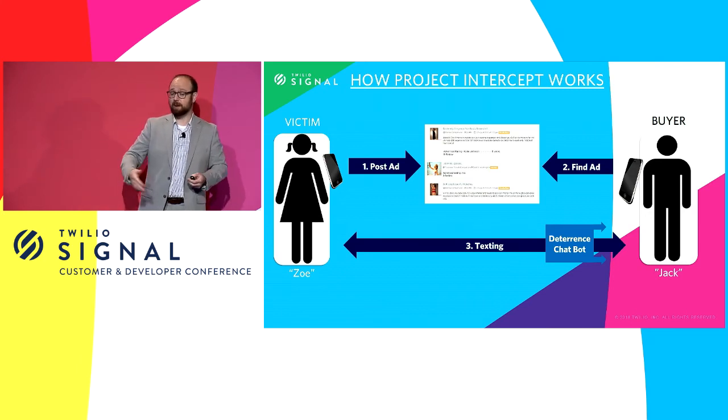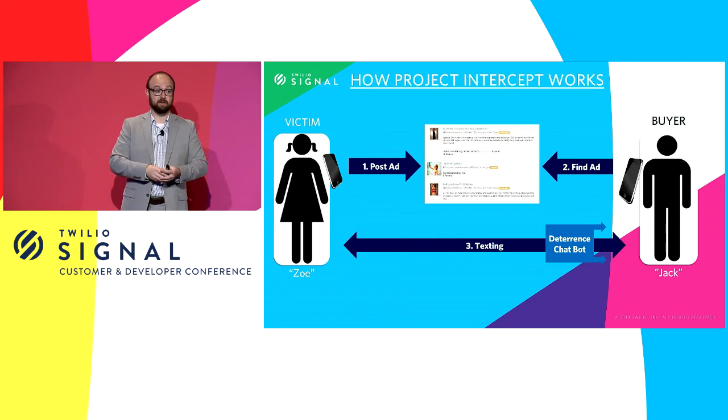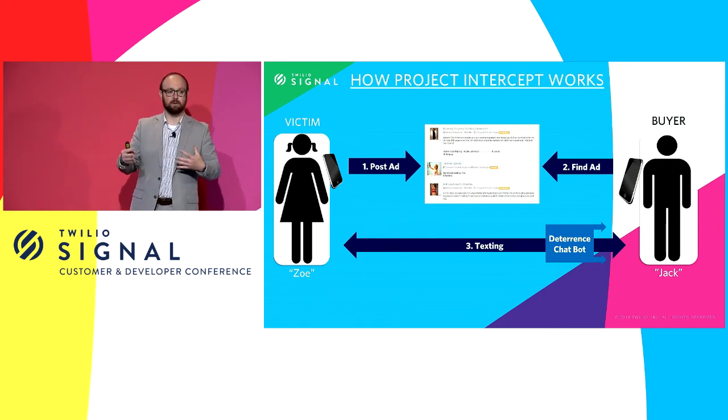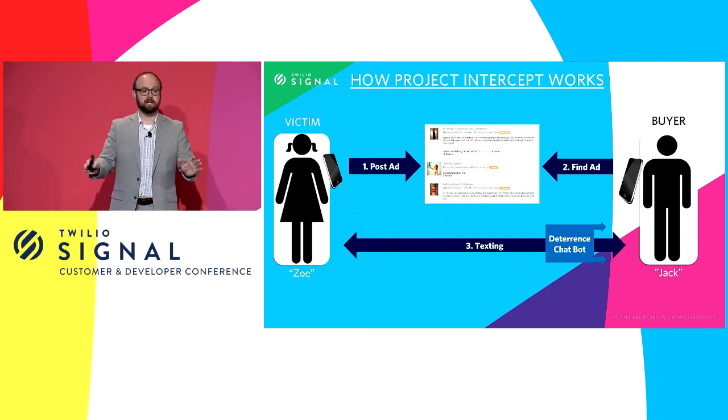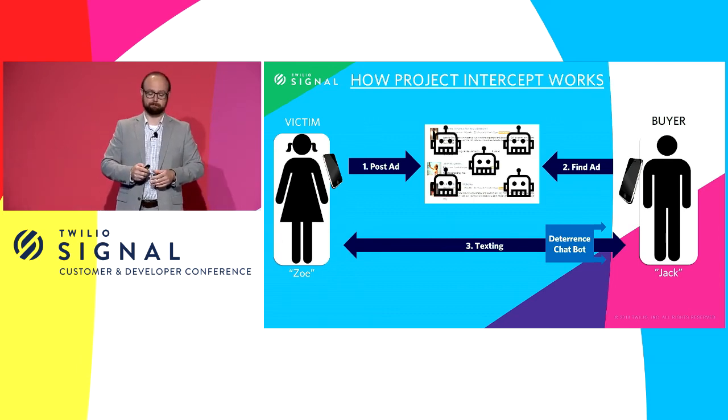So the deterrence chatbot poses as a trafficking victim, using the language of actual trafficking survivors. So we said to the survivors, what was the actual conversation you would have back and forth with a buyer? We want to mimic it exactly, because if it wasn't a chatbot, it would have been a trafficking victim. And instead of having ads for people, we put up lots and lots of ads for bots.